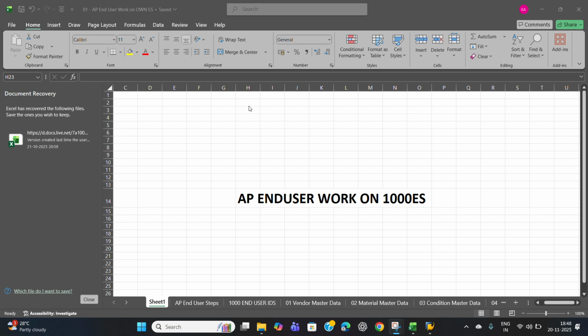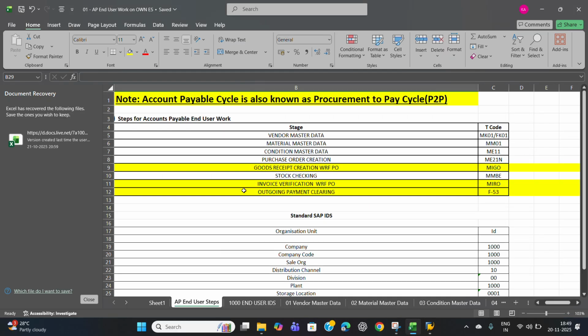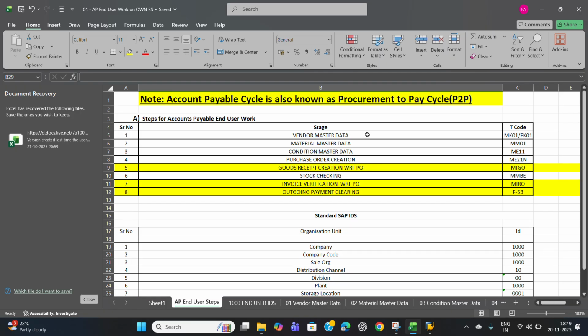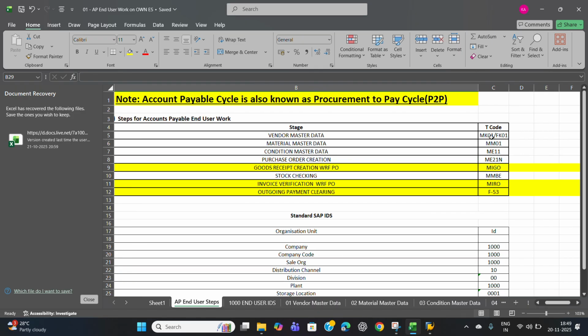Hello everyone. Today we are going to discuss AP end user work on 1000 ES. Here AP stands for accounts payable, and the accounts payable cycle is also known as the procurement to pay cycle. In the accounts payable cycle, there are a total of 8 stages, which are vendor master data and the T code is MK01